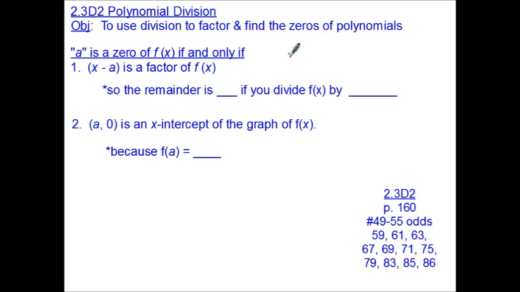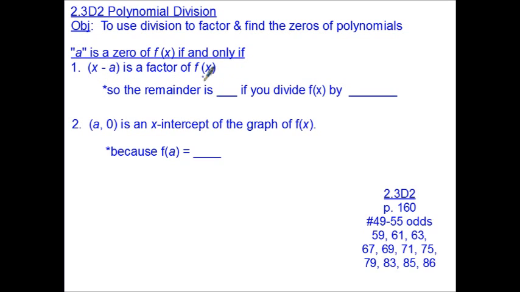Alright, there's a couple theorems in the book, and really there's a whole lot of fanciness to them, and I tried to trim it down and not worry about the titles of all those fancy theorems, but here we go. Those theorems basically say something to the effect of: a is a zero of f of x if and only if. Remember, if and only if basically means you can go forwards or backwards. You can switch the hypothesis and the conclusion, geometry terms, and you still have a valid statement, is all that really means. So a is a zero if and only if x minus a is a factor